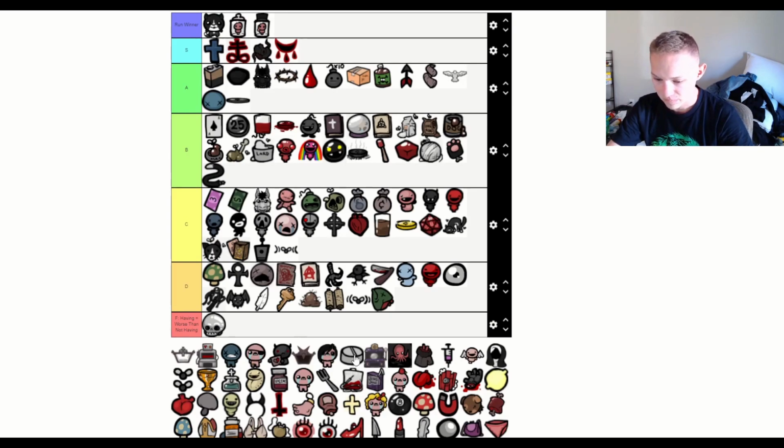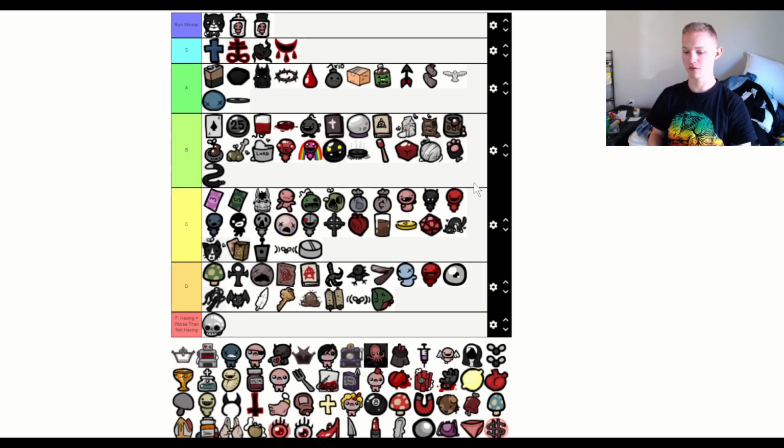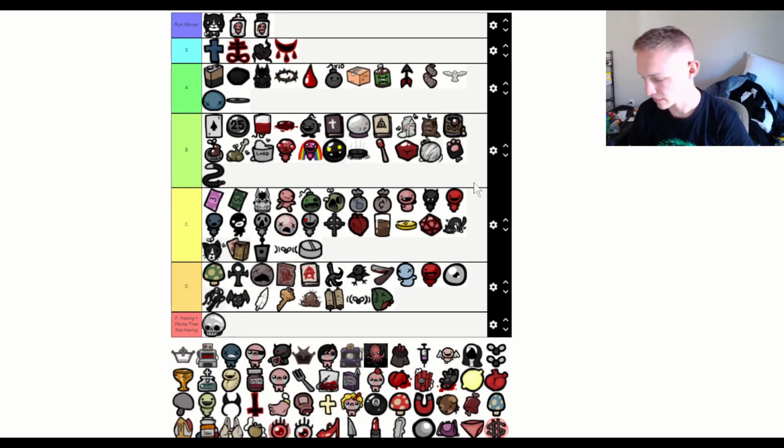Forget Me Now. Forget Me Now is a spacebar item, one-time use, that redoes the entire floor that you're on. Starts you over, remaps the floor, like redoes all of the rooms, and gives you another boss fight and another chance to get a deal with the devil. It's obviously based on that description,